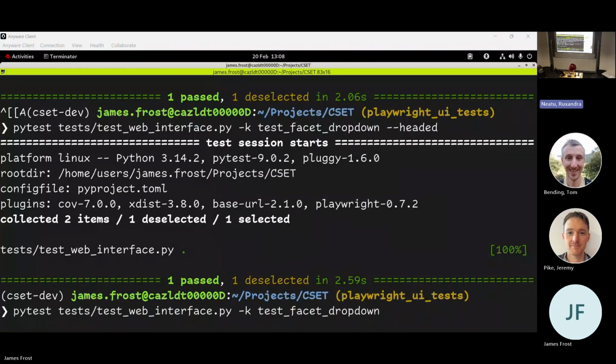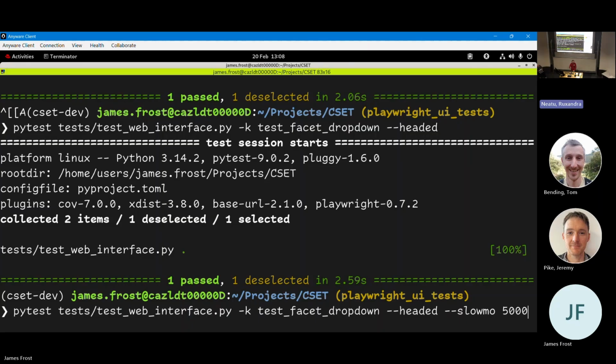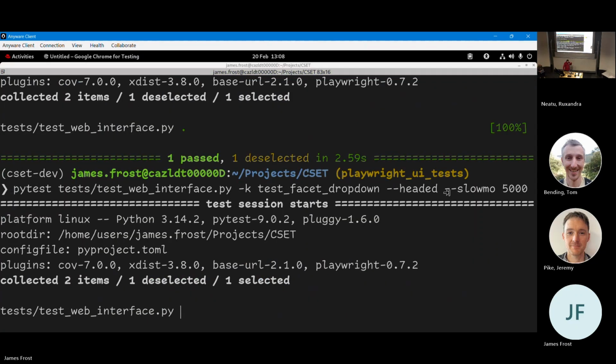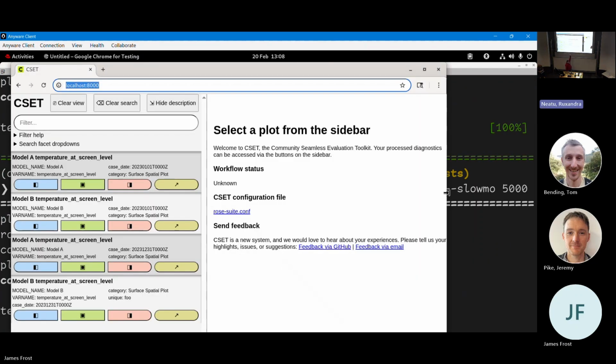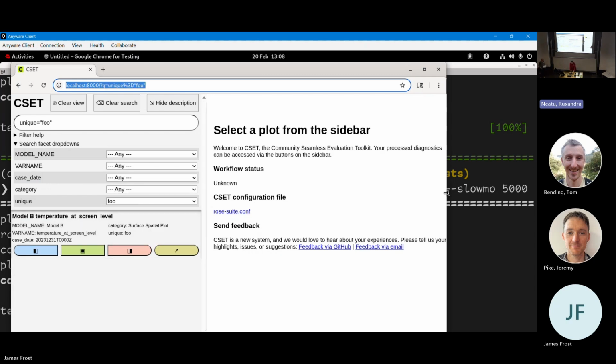And finally, I'm just going to skip straight to showing it with this added slow-mo option, which slows it down so you can actually see what's going on. And so we can see that when we run this, it's running the same code I showed in the slides. It will pop up a browser. This is an interface I work on. It's going to open the facet drop-downs here. It's going to fill a value into that drop-down, into that unique one. There you go. And it's filtered it. And then the last thing it does is it checks that the list it's resulted in has got